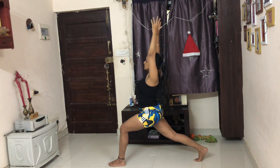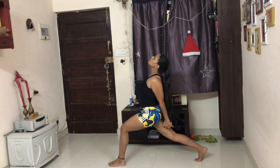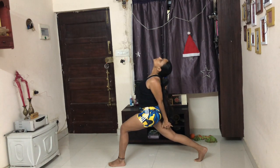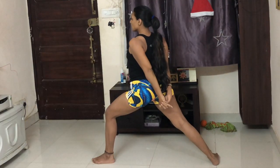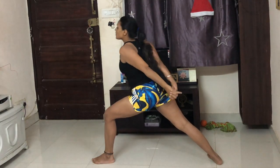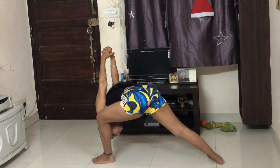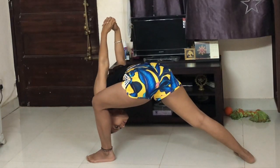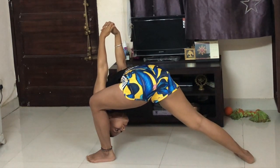One more time. Inhale. As you exhale, take your arms behind, interlock your fingers. And inhale, take your head up, look up, gentle back bend. Exhale. Next inhalation, place the back foot down, and as you exhale, bend forward. Modified warrior 1, forward bend, bringing the head close to the left foot, taking your arms behind, away from the